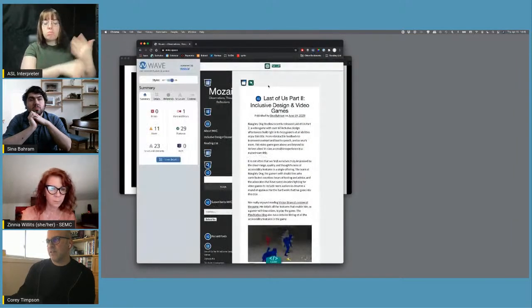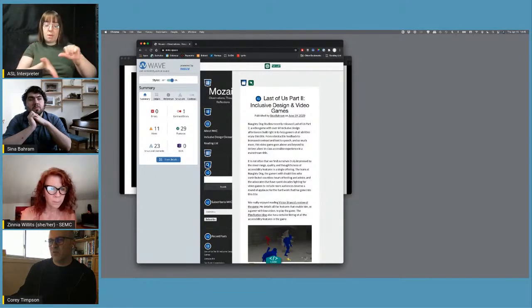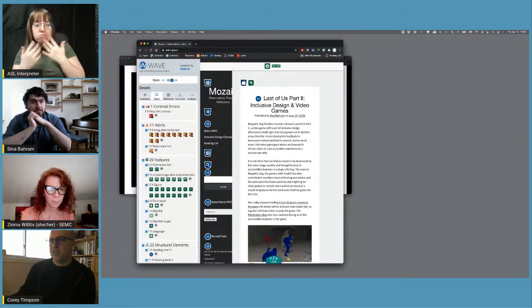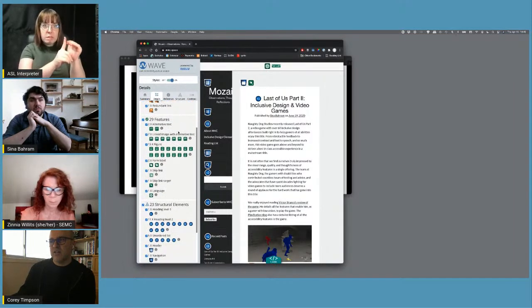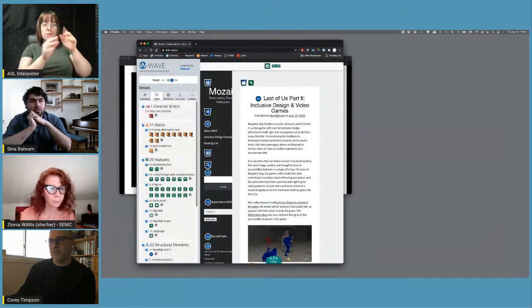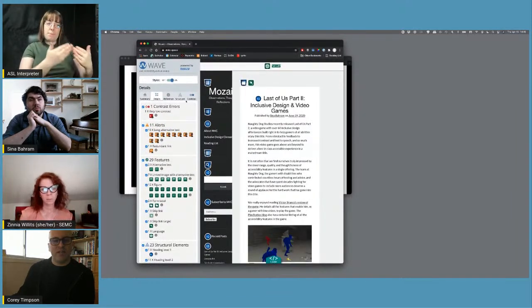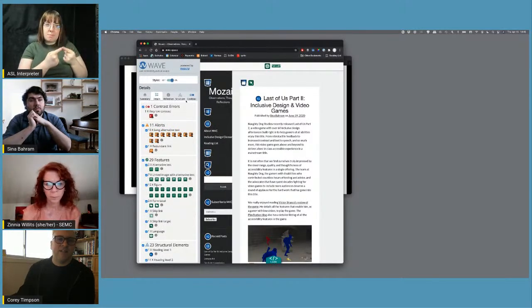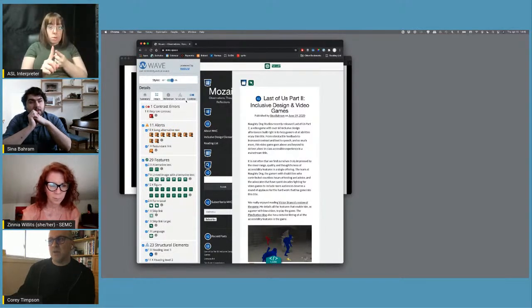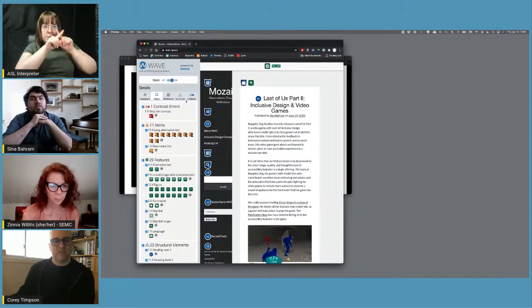So just clicking Wave, we're going to see on this page, I could have probably chosen a more error-prone website, but there are 0 errors. There's 1 contrast issue. There's 11 alerts, and then you can go into the details and see what some of those are. We have 1 redundant link on this page. 1 piece has very low contrast. So the point being that it's a good insight, but not something we would want to rely on, but could certainly start to surface some insights for further exploration.